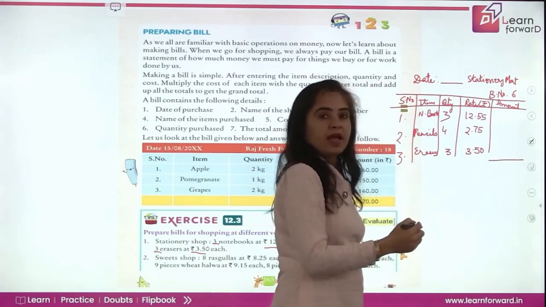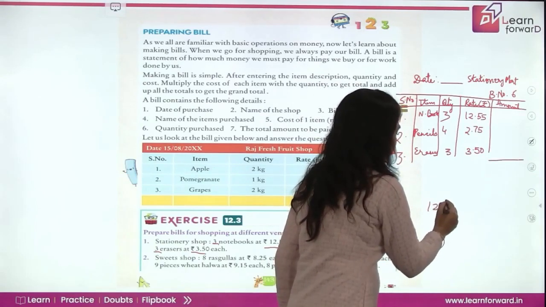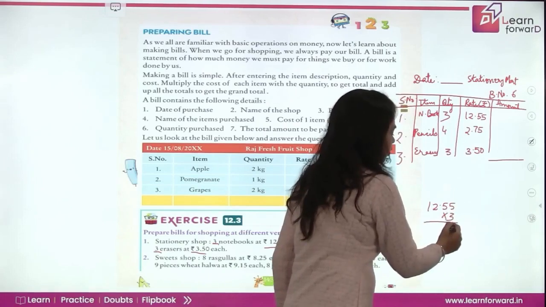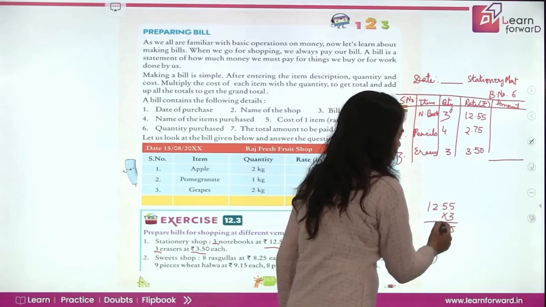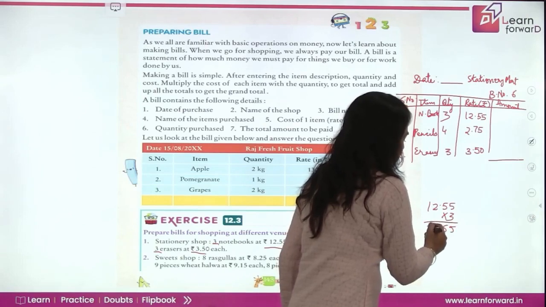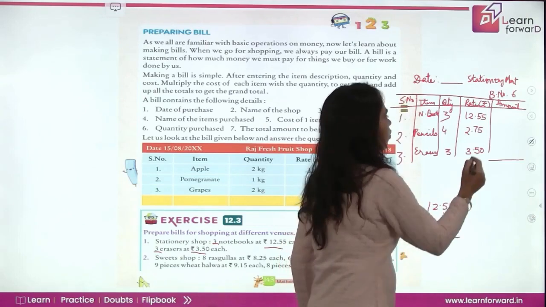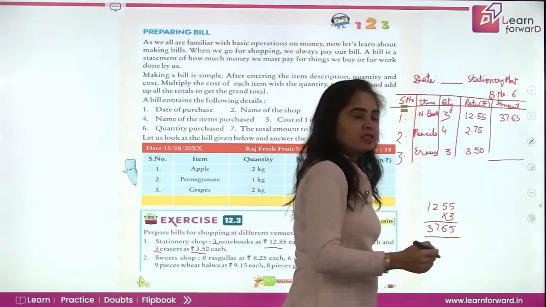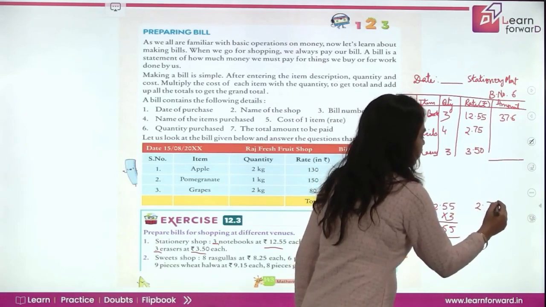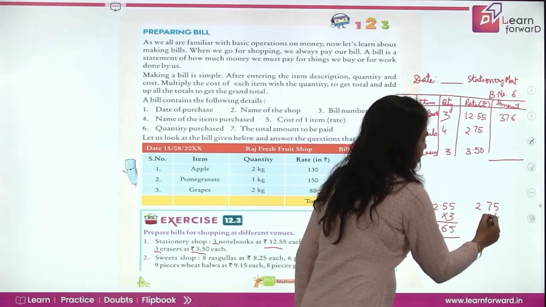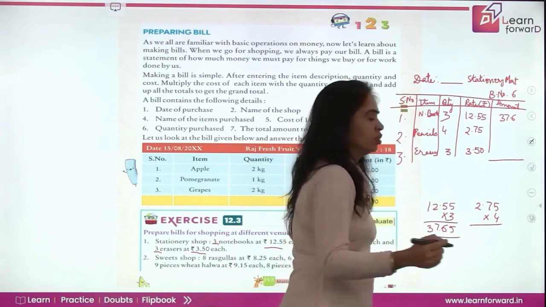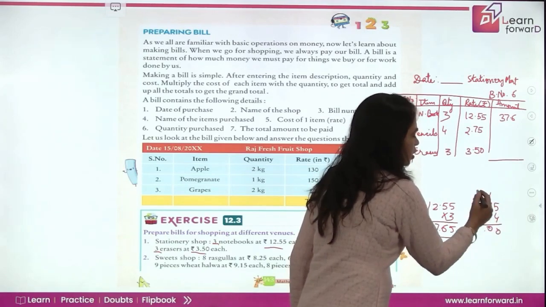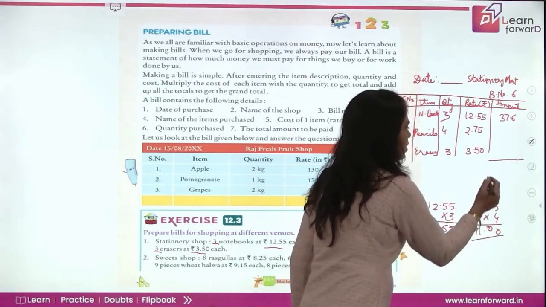Let us multiply 12.55. So you will have your multiplication practice also here. 15, 16, 7 and 3. So this is 37.65. When you multiply this by 4, 2.75 into 4. It's good if you can do mental calculation. 5 4s are 20. 28 plus 2, 30. 4 2s are 8 and 3 is 11. So you get